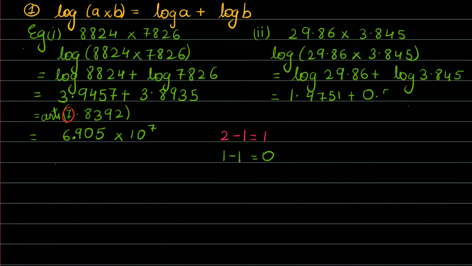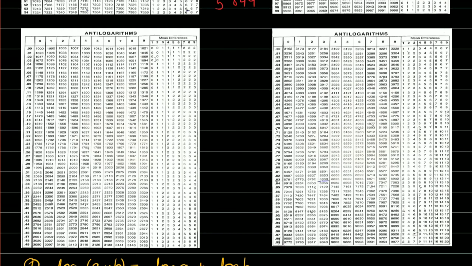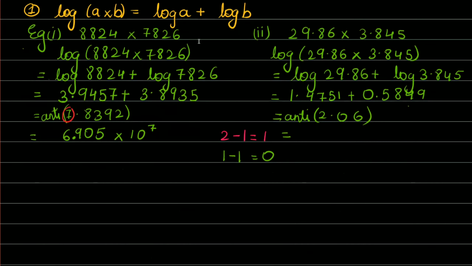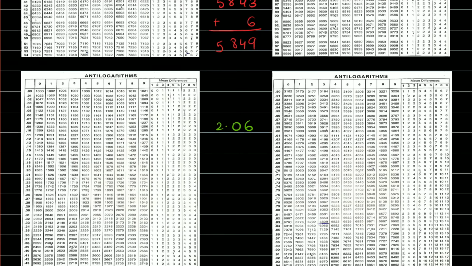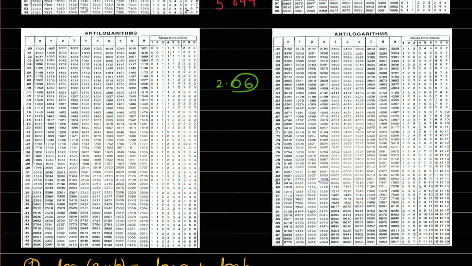After substituting over here, we get 5849. So after adding this, we get 2.06. So after applying anti-log, now we have to find the value for anti-log of 2.06 from the anti-log table. As I have said before, we have to check the anti-log after the point. Always check the anti-log which is after the point. So we are going to check only for the value 0.06. In the anti-log table, the 0.06 value is over here.